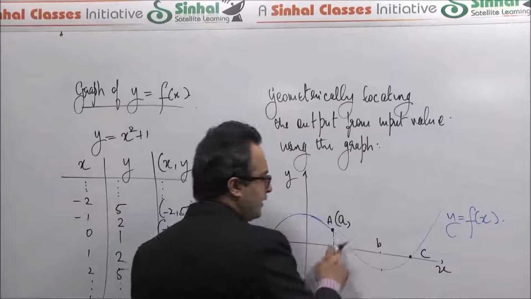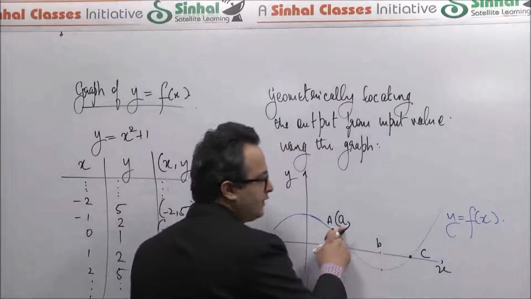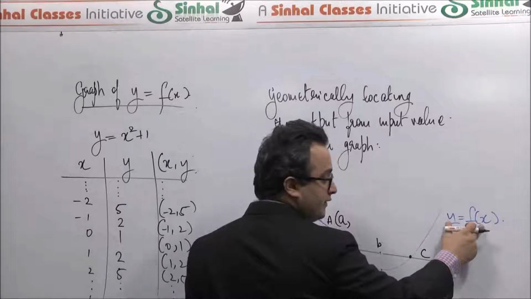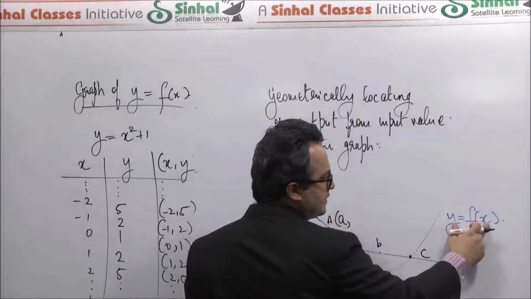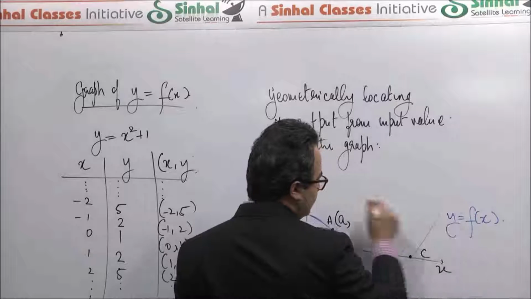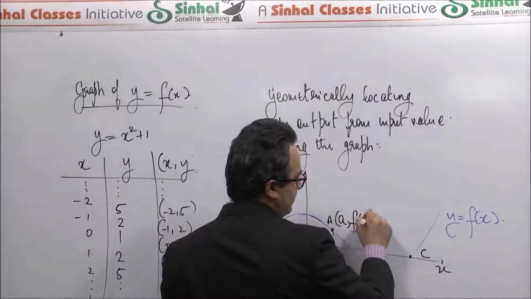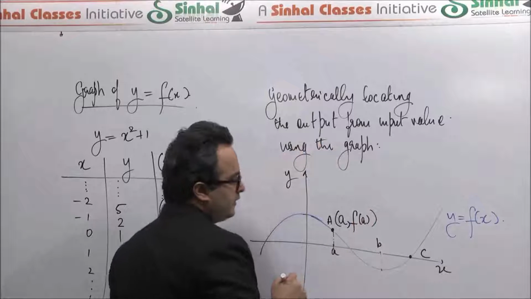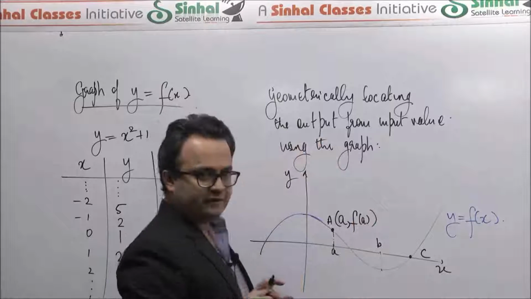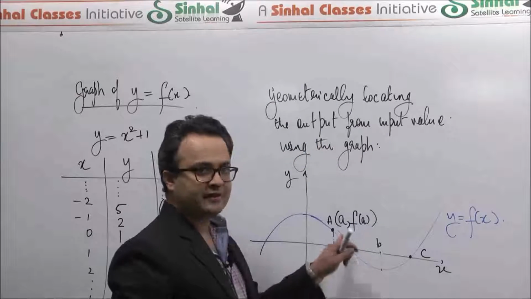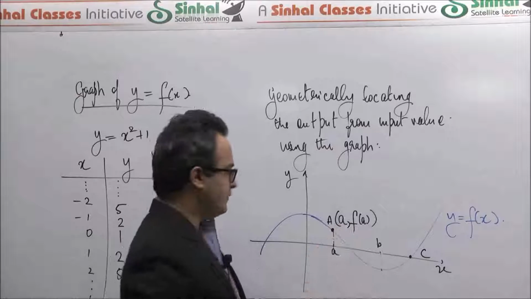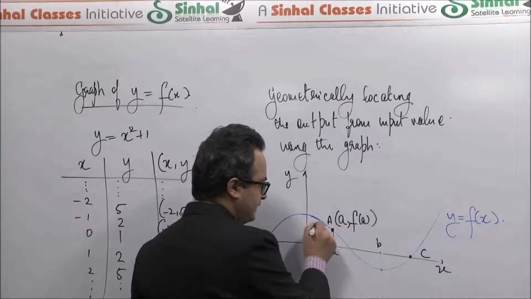So if the x coordinate of this point is small a, the y coordinate will have to satisfy this relation. So if x is equal to small a, y will have to be f of small a. So f of a. Which means that the function value in this case represents the y coordinate of this particular point, which means it would represent this particular height